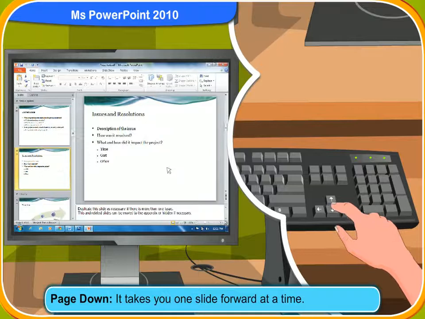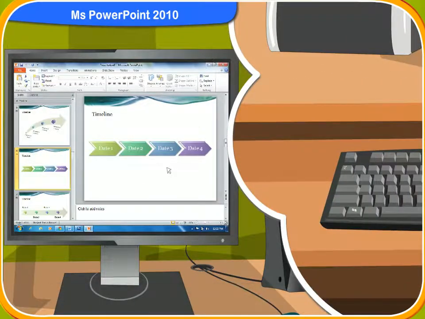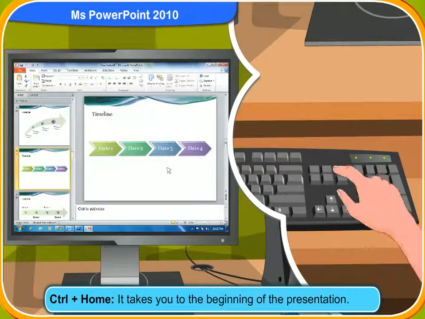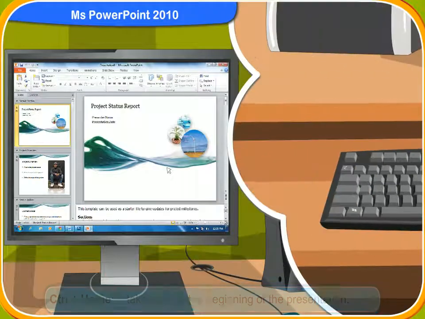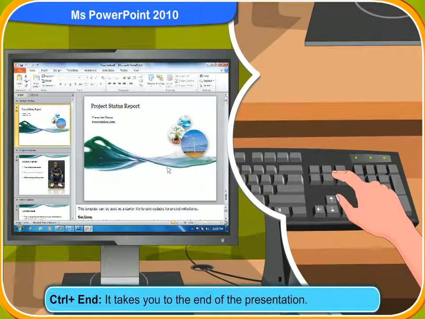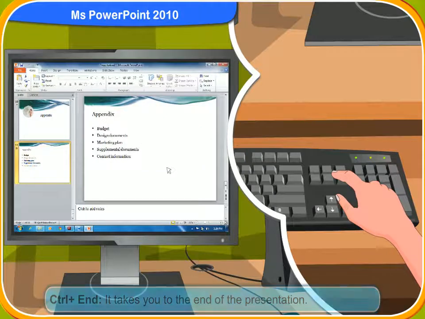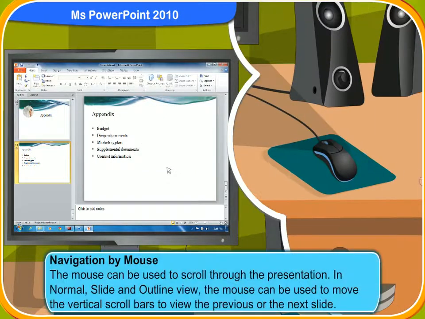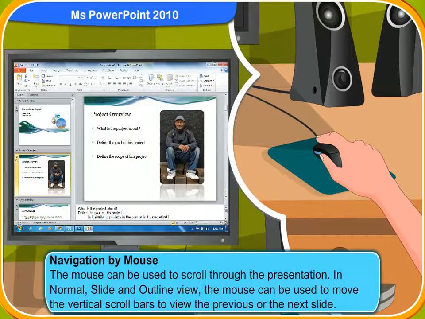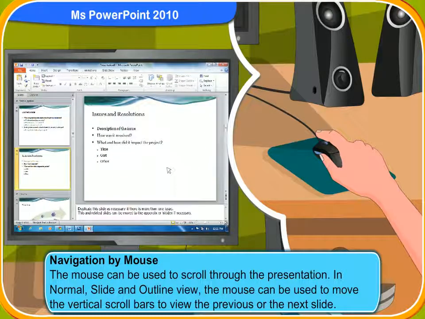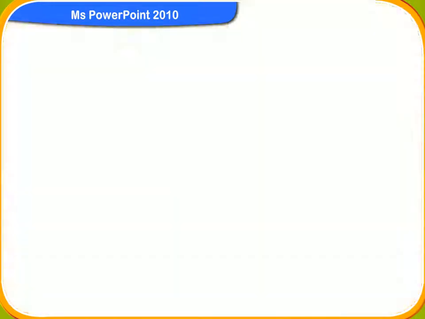It takes you one slide forward at a time. Control plus Home. It takes you to the beginning of the presentation. Control plus N. It takes you to the end of the presentation. The mouse can be used to scroll through the presentation. In normal, slide and outline view, the mouse can be used to move the vertical scroll bars to view the previous or the next slide.